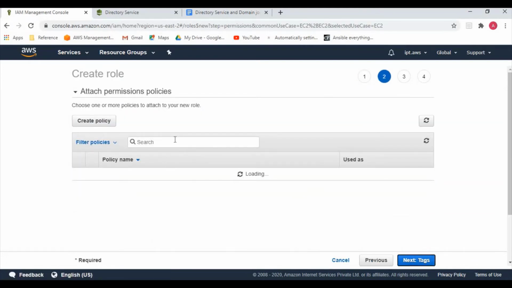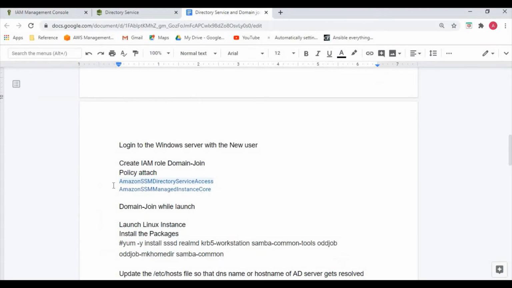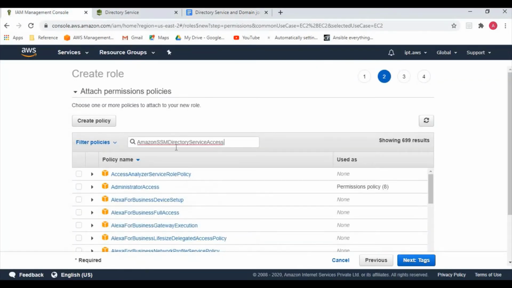So the first method that we saw was doing it manually after the instance is launched, right? After instance launch, we logged into the server and then we did the domain join by giving the IPs of the DNS server and manually going and joining the domain. So here, this will be done automatically during the launch of the EC2 instance. So this method can be used while launching the EC2 instance.